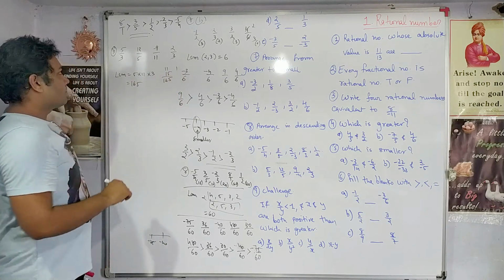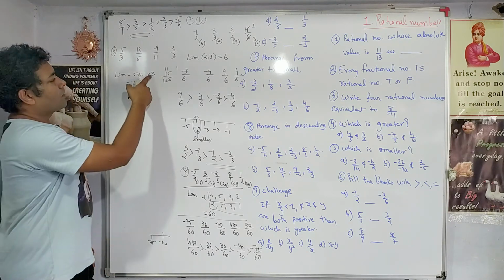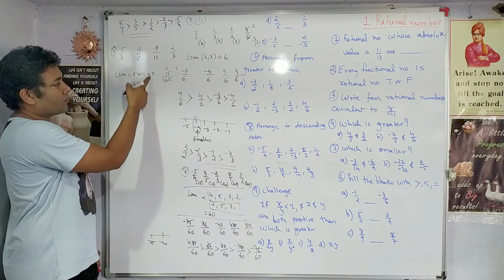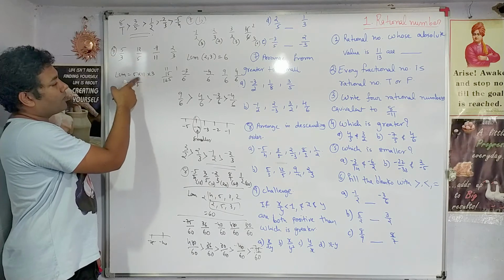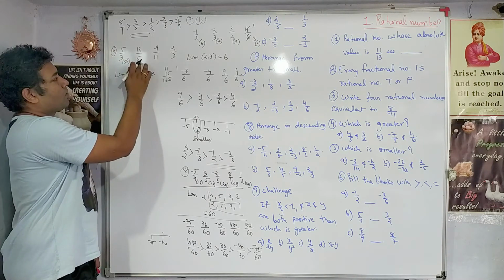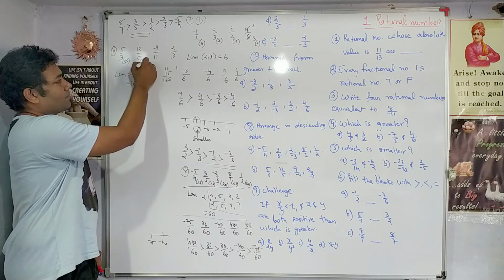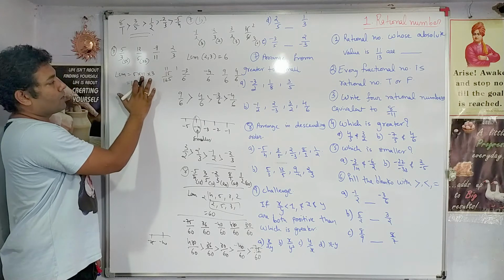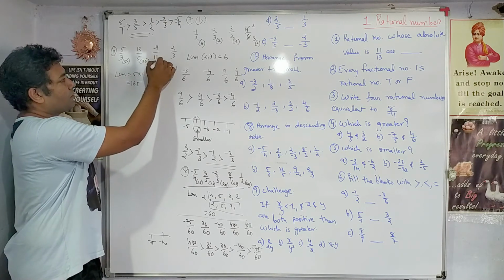165 is the LCM, right? So what will you multiply with the 3? You can just look out from the LCM itself what to multiply with the 3. To make 165 here, we will multiply with 55. What will you multiply with the 5? 11 into 3, 33. What will you multiply with 11 to make it 165? Leave 11, remaining numbers are 5 and 3. So 15 will be multiplied.